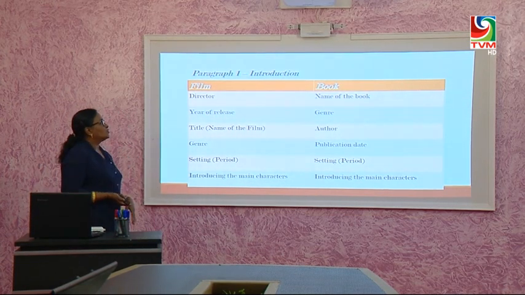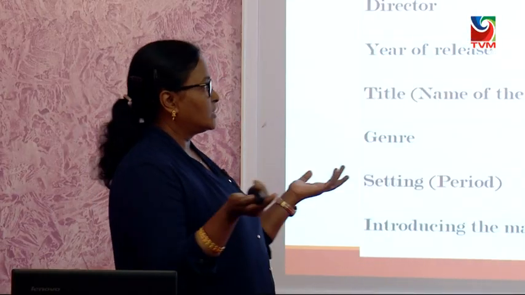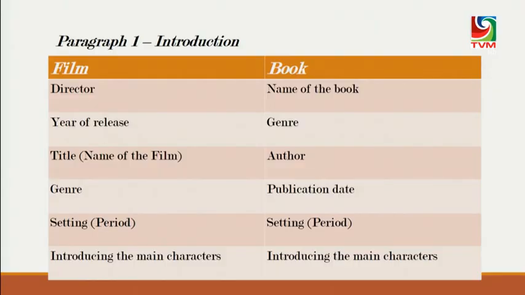And in case they ask you to write a book review, you have to write the name of the book, for example, Lost and Found. Then the genre, whether it is a fun one, a comedy, or an adventure book, whatever it is, you have to mention that. The author, the person who writes the book, it can be one person, or it can be co-authored by many. So, you have to write the author, the person who wrote the book, and the publication date, when it was published.